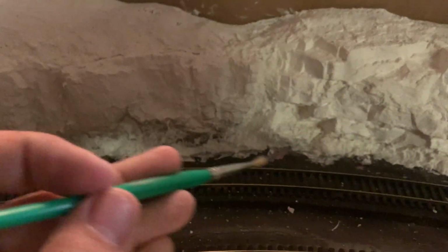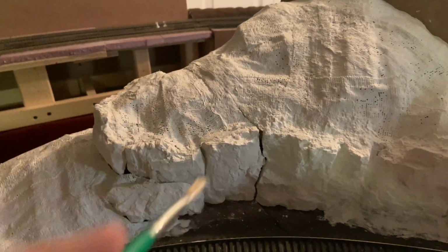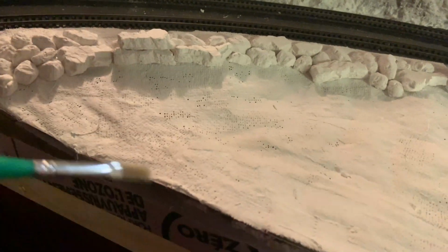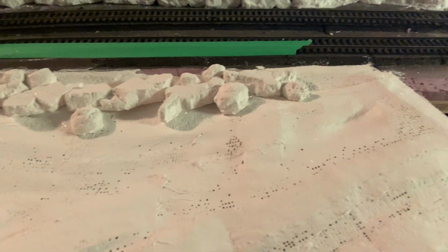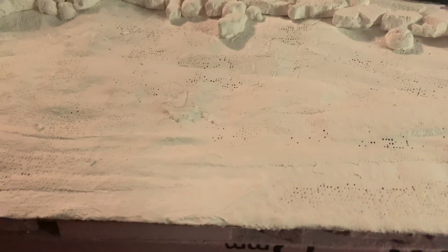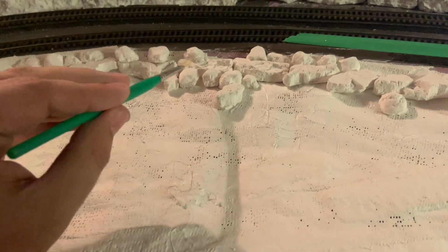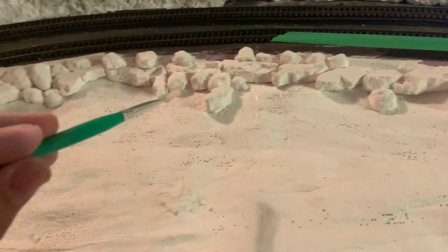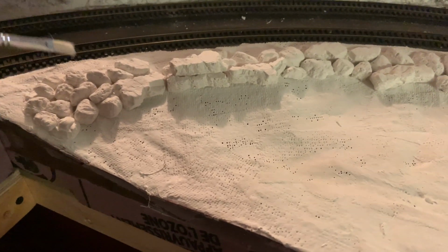So I have to kind of fill this little spot in here, come over here, fill this spot in, and then do all this and up in here and whatnot. And then I have to do all this. So I did the plaster cloth here, and it swoops down. You can't really see it unless you're standing back, and it drops down a little bit. So I put all the rocks in. That's all hot glued down. I did put hot glue there, and I'm gonna fill it in with the